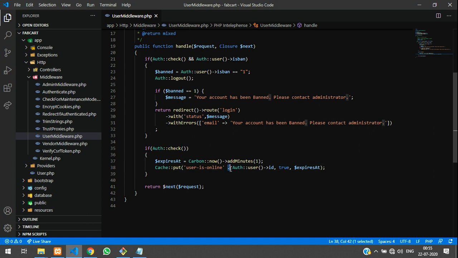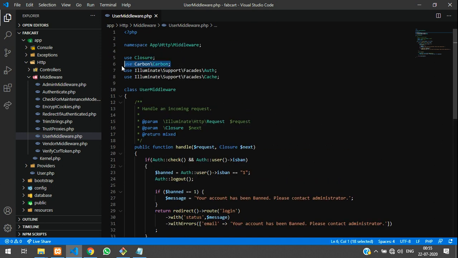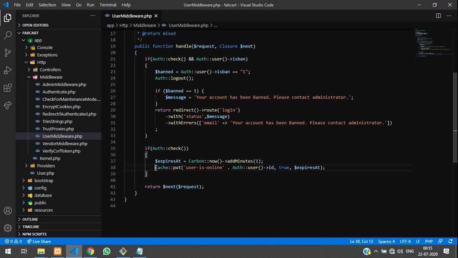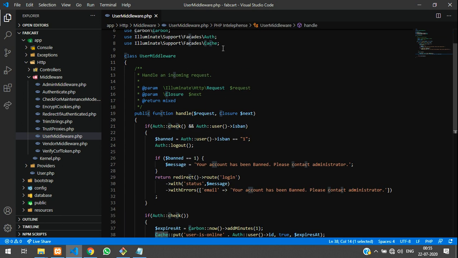Do not get confused, this is a dot, not a comma. Okay, and setting true, and expiresAt, whatever minute we are setting, at that time it should get expired. So make sure you are using Carbon, meaning please import the Carbon class, and you are using Cache, so please import the class for Cache too.